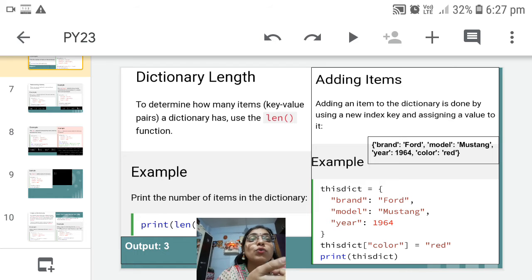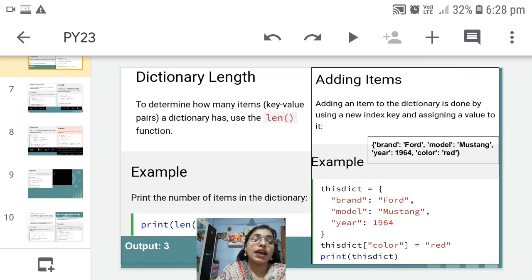And now I want to add one more key, that is color, which has the value red. So how will we write it? Just write your dictionary, and after the dictionary write this dict within a square bracket, within double quotes, specify the key which you want to add. And equal to, within double quotes, write the value of that specific key, that is red,